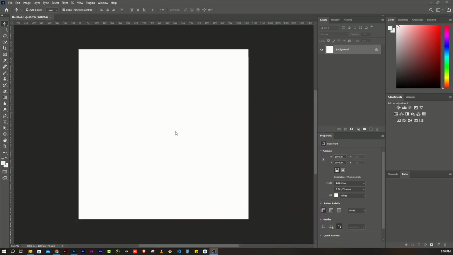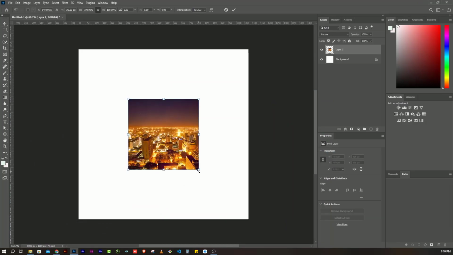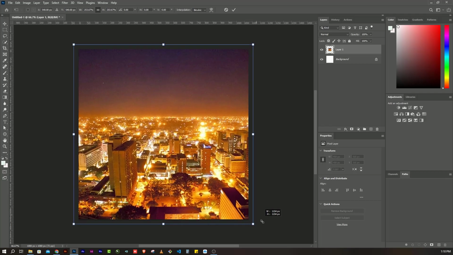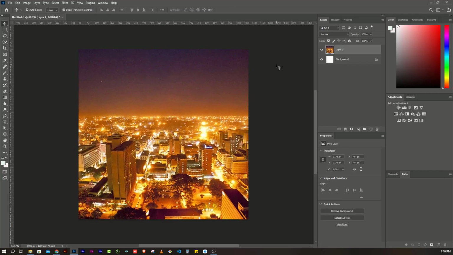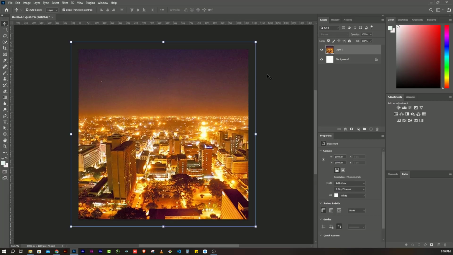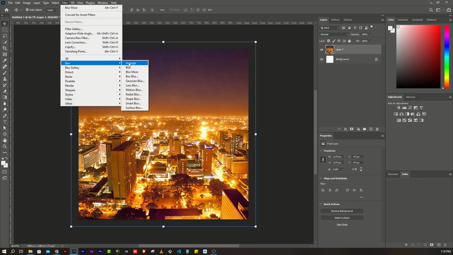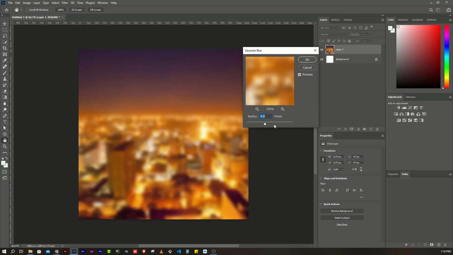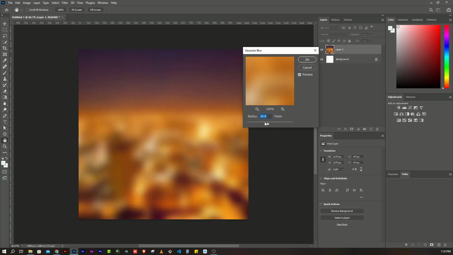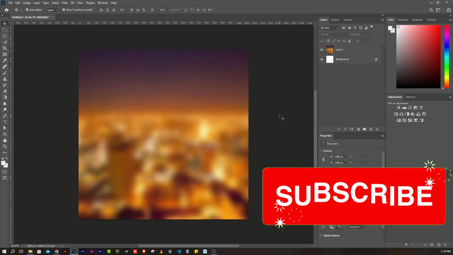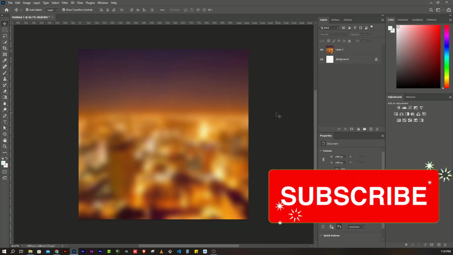So I'm just going to copy it and paste it on our artboard. Then hold Alt, click and drag so that it fits on my artboard. It's too bright, so I'm just going to come to filter, blur, then Gaussian blur. Then I'm just going to increase it. So just choose one that is going to work for you nicely. For me, I like how it has popped up. Then the next thing is